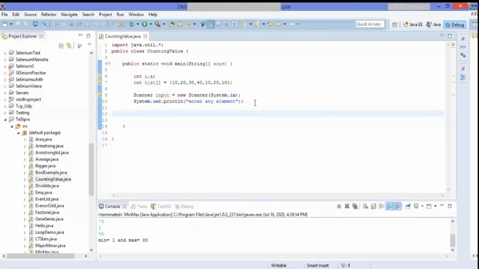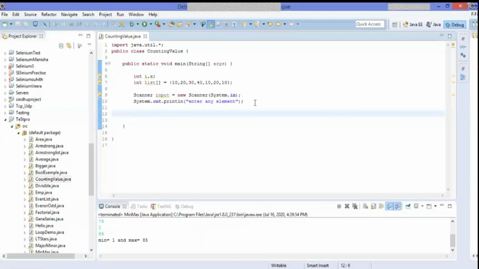Here we are going to cover linear search as well as counting, both in this example. What do you mean by counting? How many times a particular given value is repeated. But before that, we also need to consider whether that element is present or not. If it is not present, we need to tell the customer that the given value is not available in the list. So we have to compare each and every value. If a match is found, we tell them the search is completed. If not, we repeat it until the end of the values.